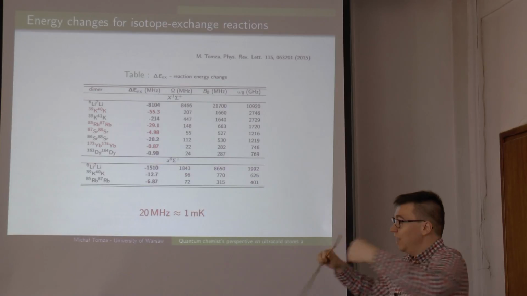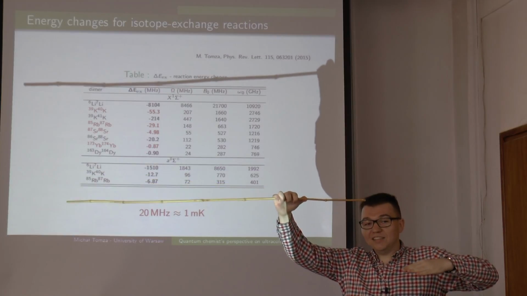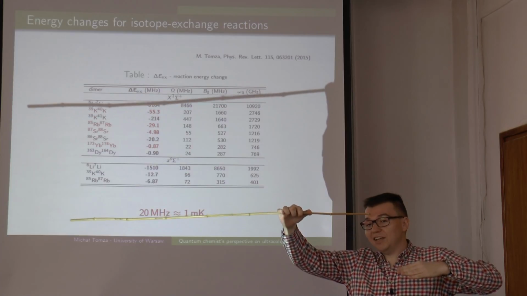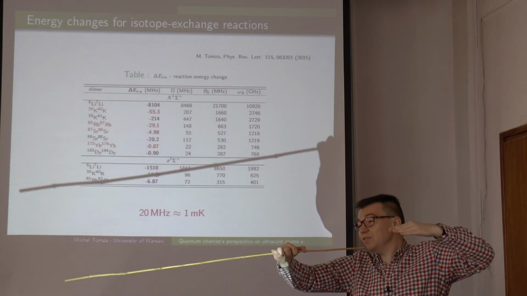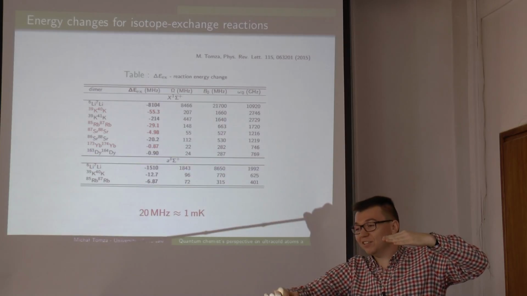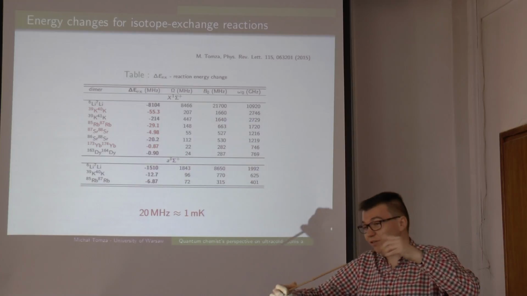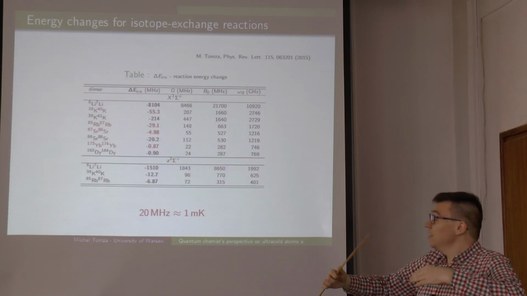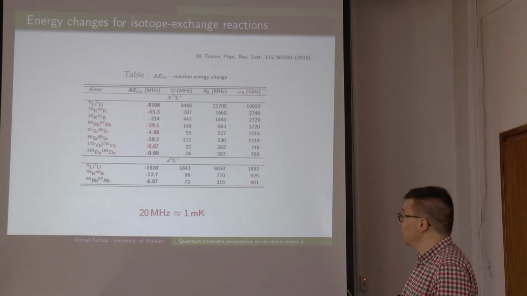So it means that once, at the beginning, we were starting from the products with the higher energy and reactants in the lower. Once we apply the Stark shift control in the proper way, when the tuning is in the right direction, we can tune the energy release in the reaction, even leading to the suppression of the reactants. So if we push our products with Stark shift down in energy, then the reaction can be suppressed. In this way, we gain control, first of all, over the energy release in the reaction, and second, we can even convert the exothermic reaction into an endothermic one.